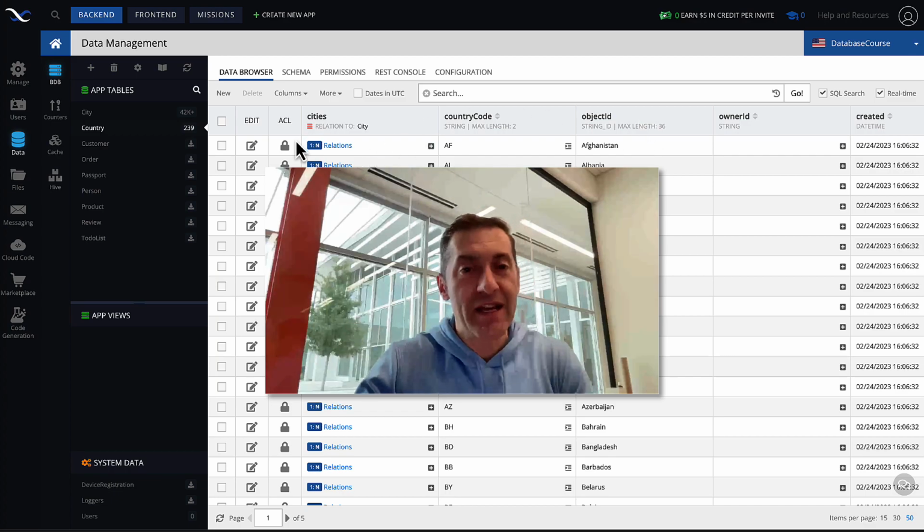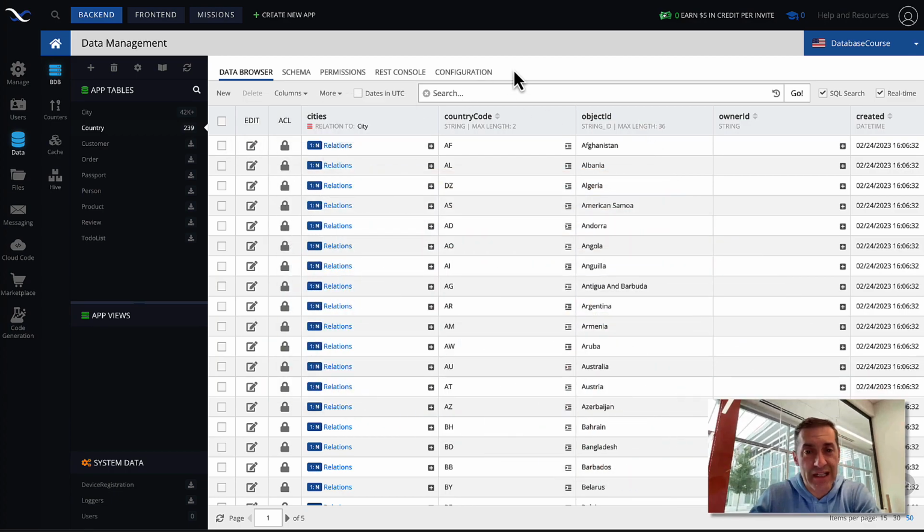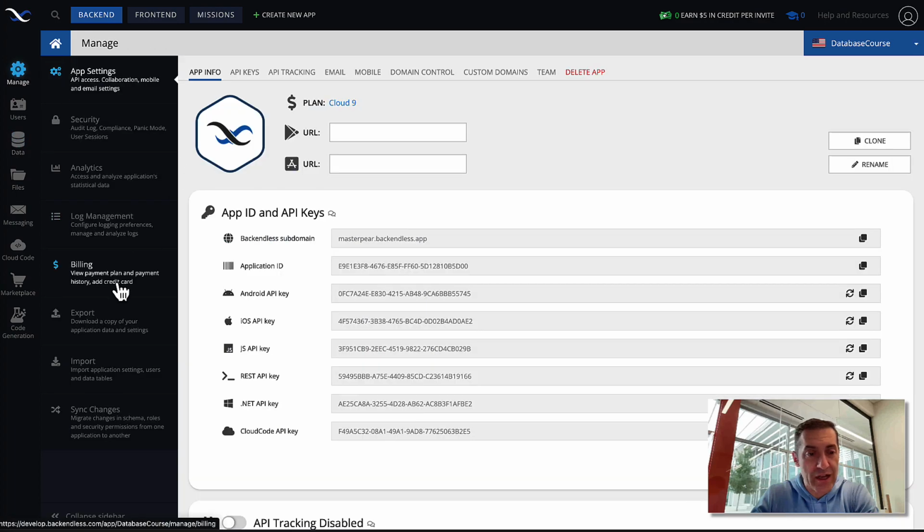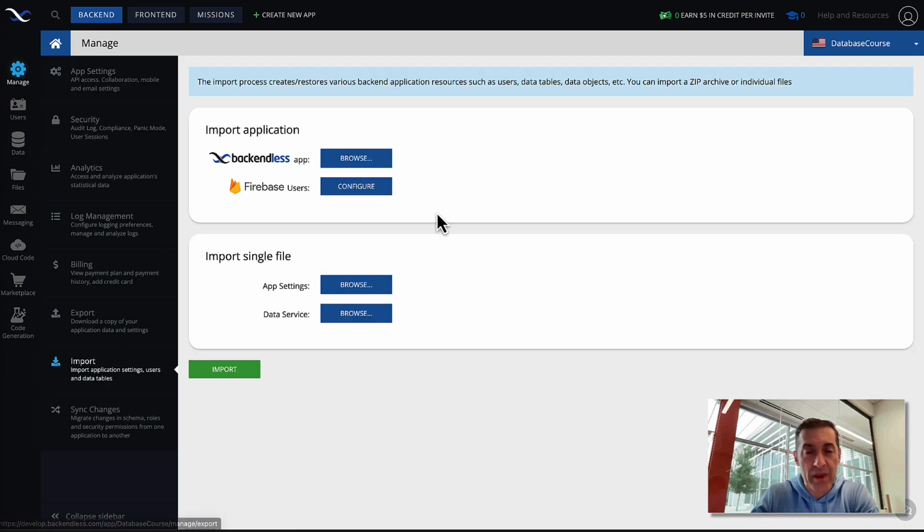I already have this database installed, but just to give you an idea of how to do this, you have already done it in one of the earlier lectures. To import data, you would need to go to the Manage section. Here you select Import. Download the zip file that is referenced in the description for this video. And once you have it on your computer and you are on the import screen, click the Browse button, select the zip file, and click Import. It will take about 50 seconds to import all the data.